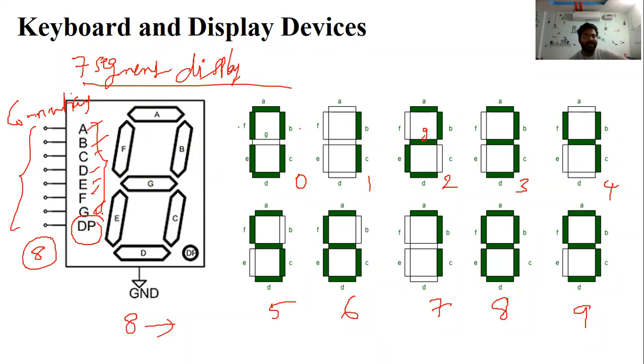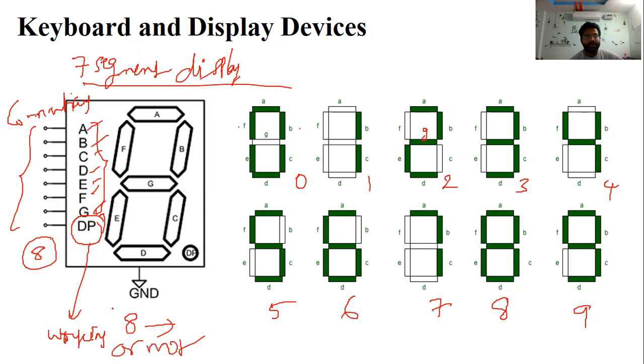What is the use of this DP? We use it to check whether all the segments are working or not.